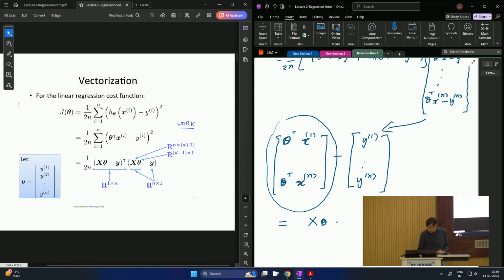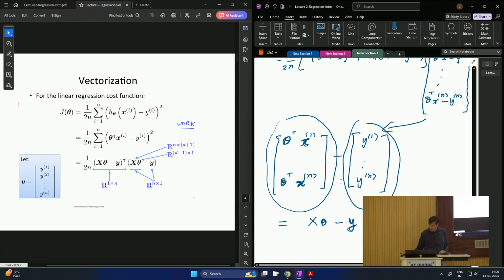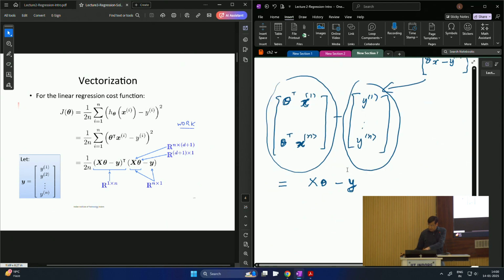And minus, these y's are what? y1 to yn, these are scalars. These are not made bold, because y is one dimensional. We're talking about not multivariate. The range is still 1. So this is minus, now this becomes a vector because I'm putting y1 to yn. So this is X theta, this is minus y. Everybody with me? So hence, your whole thing, J theta becomes